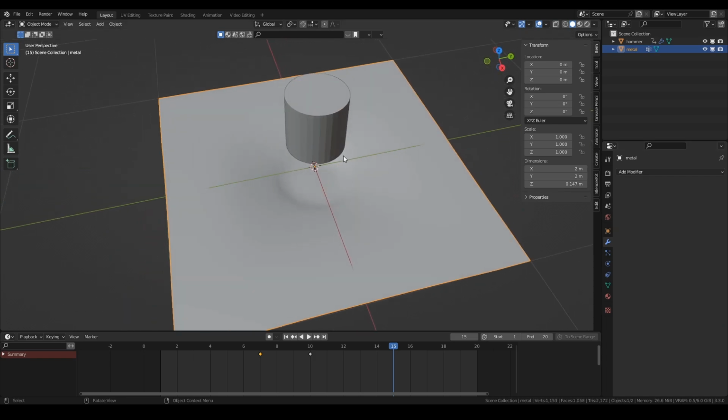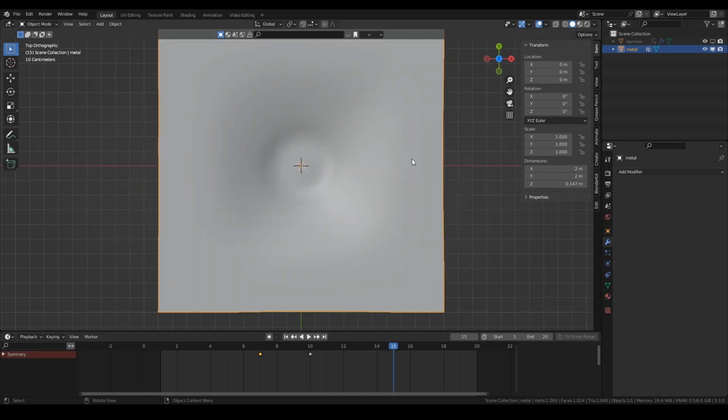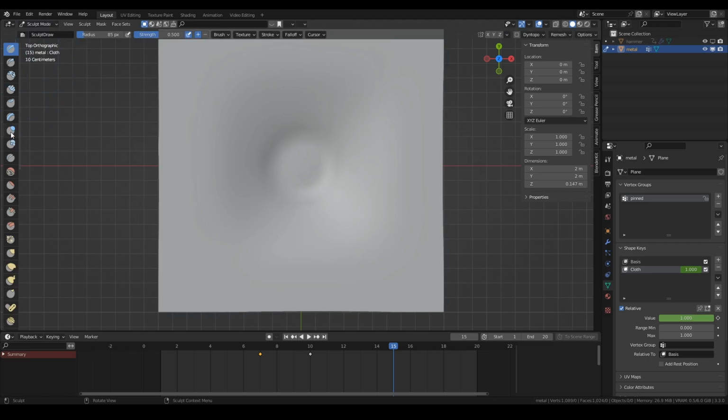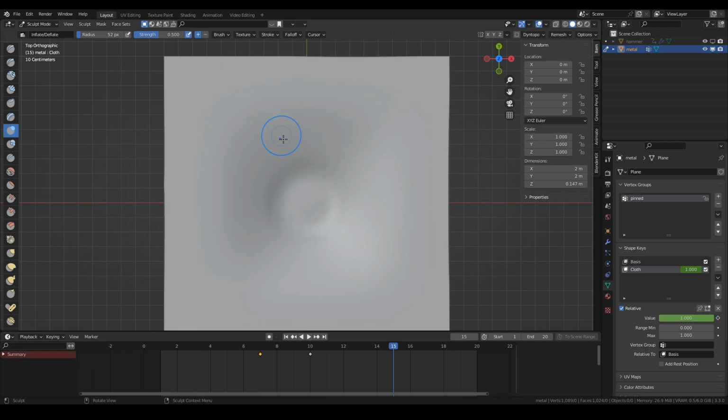Another thing, maybe you want some more stretch marks in the shape, in the metal dent. So click on your cloth shape key, make sure it's set at 1. Come up here and go to sculpt mode, and we could do a little bit of bump. I think this one's called bump. No, sorry, inflate. Yeah, just draw in some kind of